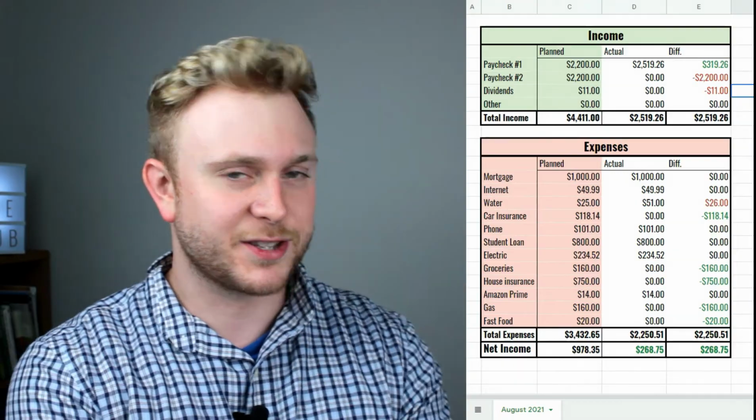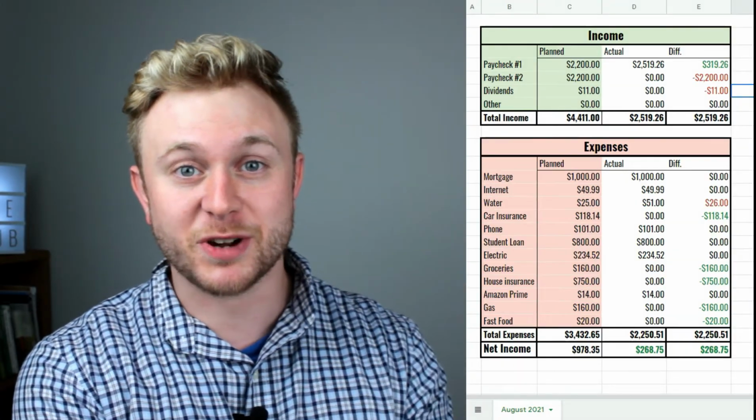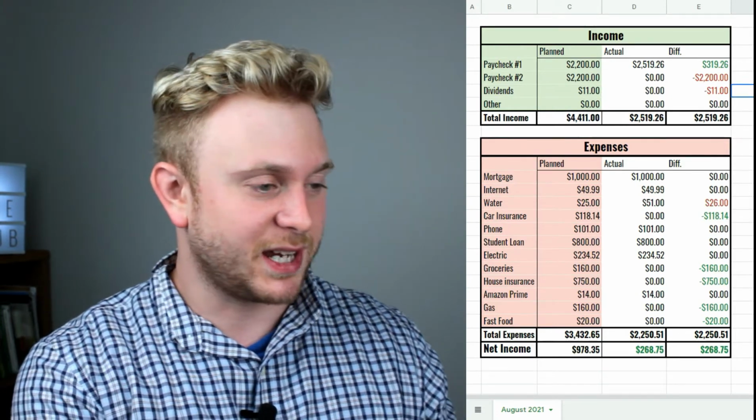I'm going to be sharing on one of the sides of the screen here my spreadsheet for my budget for the month of August, and you guys can follow along with me as I punch in these numbers. Let's get started. All right, so once again, we have my budget spreadsheet here, and let's plug in the numbers,